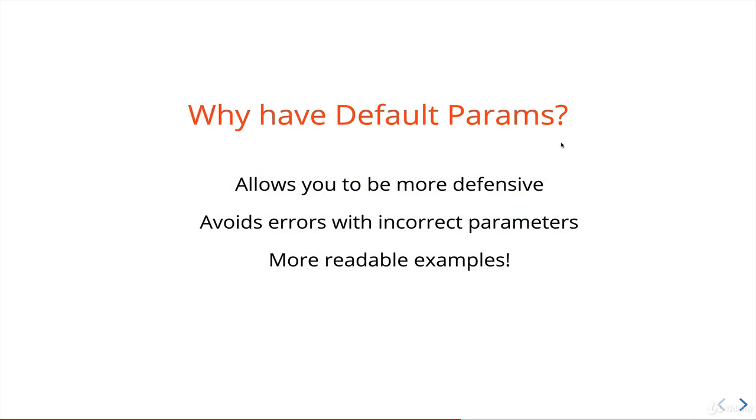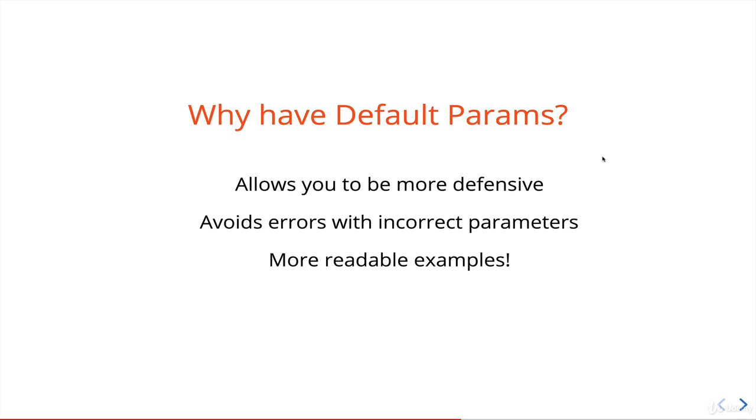So let's talk about why these default params are so useful. If we take an example like pop, we use it all the time. It does the same thing in two different ways, right? It will either by default remove the last item, or we pass an index and it removes that index. We use it in both situations, and there's no reason to have two separate functions to do that. Just have a remove last or remove by index. Instead, we put them together in pop. So in a way, it makes our code more flexible.